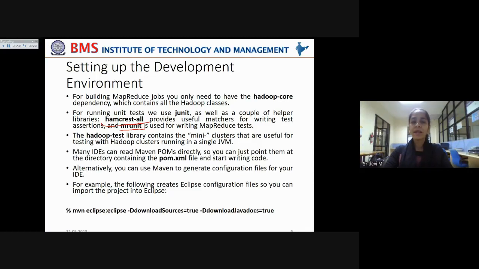So the Hadoop test library contains the mini clusters that are useful for testing with Hadoop clusters running in a single Java virtual machine. Now, many IDEs can read Maven POMs, the Maven project object models, directly. So you can just point them at the directory containing the pom.xml file and start writing the code.